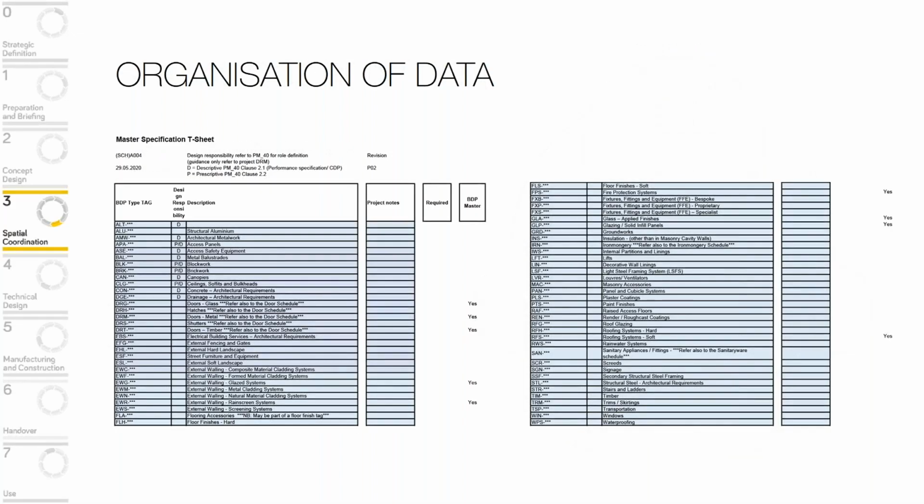In terms of organizing the data, one of the key things is Uniclass 2015, and that tends to underpin a whole load of our information. What we've tended to find is that users need some system to enable themselves to easily match things like specification clauses to actual geometric objects in the Revit model. The Uniclass codes do change around a little bit, so we've tried not to use that system. Instead, we've created a 3-letter followed by a 3-digit code. And I think a number of large projects in the industry use something very similar to this. It just helps us boil it down a little bit. I'll give you an example of that for